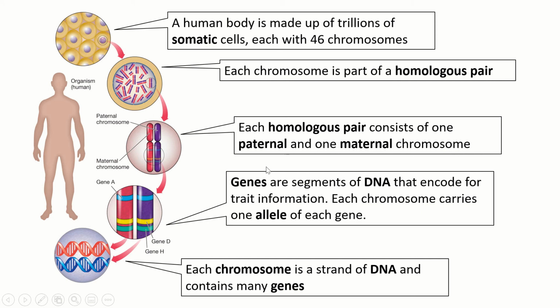You remember that in the human body, we have trillions of somatic cells. Each one has 46 chromosomes. Chromosomes are matched up in homologous pairs. Each homologous pair consists of one paternal chromosome and one maternal chromosome, so one from the father, one from the mother. And each chromosome contains a number of genes, and those genes encode the information for making physical traits in the form of proteins, either proteins that will be in the body or proteins that will make something in the body. Each chromosome carries one allele of a gene, and this is a word that's new to us,